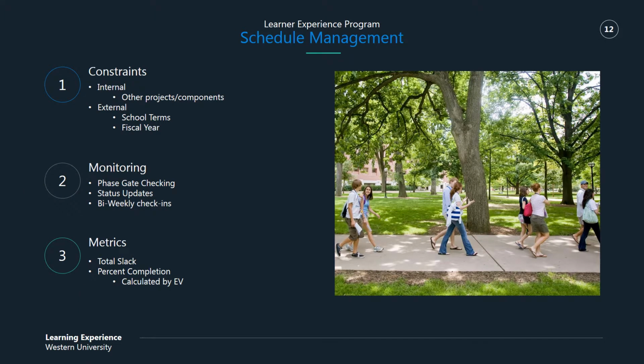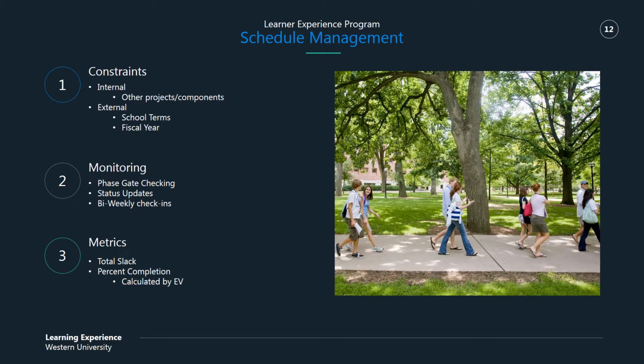So a quick overview of our schedule management plan. We have our constraints, our internal and external, obviously. Internal looks at project and components. External is various different things outside of our control, be it the starting of school terms, which you saw at the project roadmap to start, and then also the fiscal year, depending on when money is doled out amongst the different departments. Beyond that, we have our monitoring,